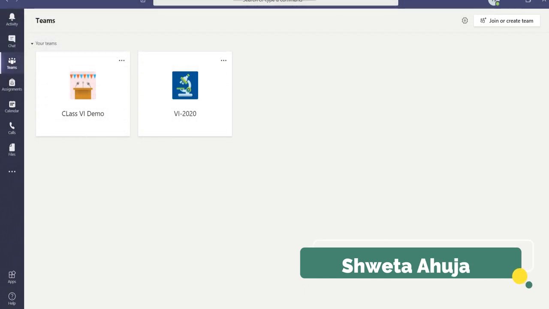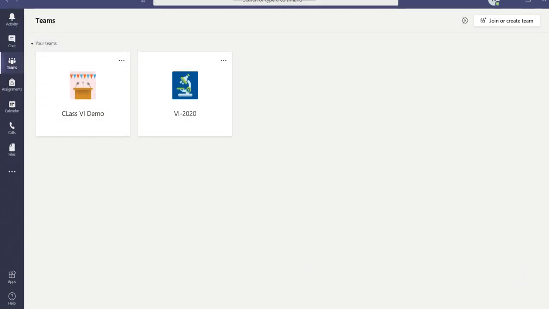So today we'll learn that after logging onto Microsoft Teams, how students can quickly get on board with it. So after login, they'll find this page which will show the number of teams that student is part of. So right now this student is part of 2 teams. You can consider these teams as classes.